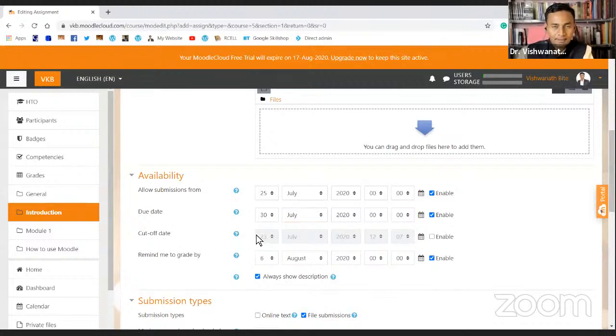And cutoff date is the important thing, because what is the difference between due date and cutoff date? Many of us are teachers and we know what is the difference, but let me just explain. Due date is the deadline, and cutoff date, you cross that deadline, you missed that deadline, but still there is a chance, okay, I'll give you a humanitarian chance or something like that.